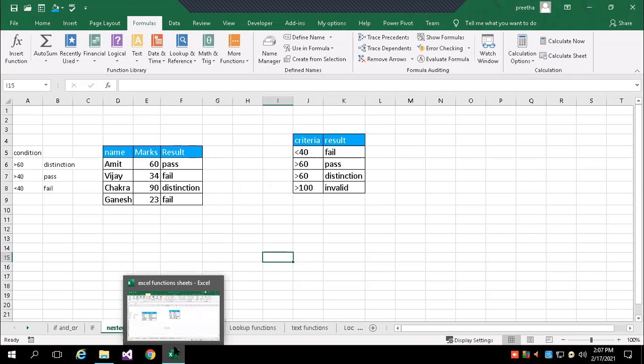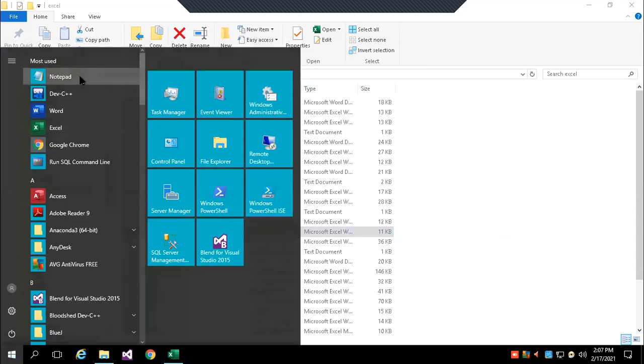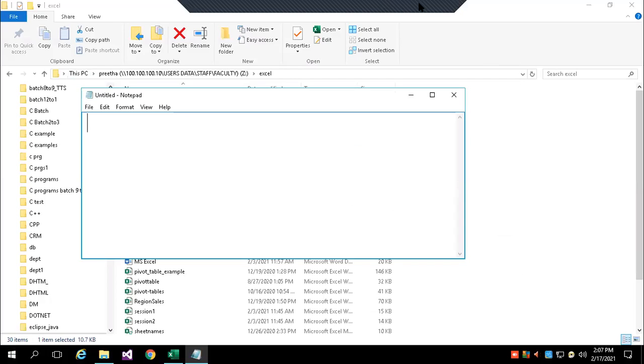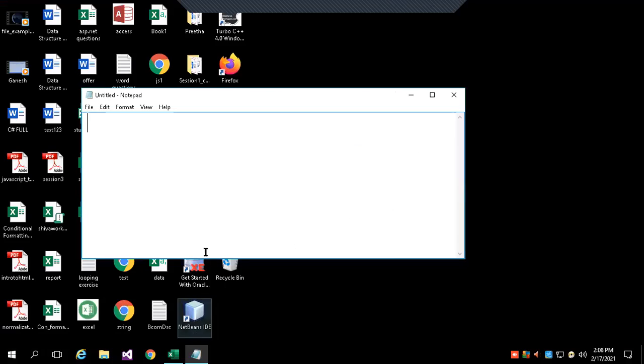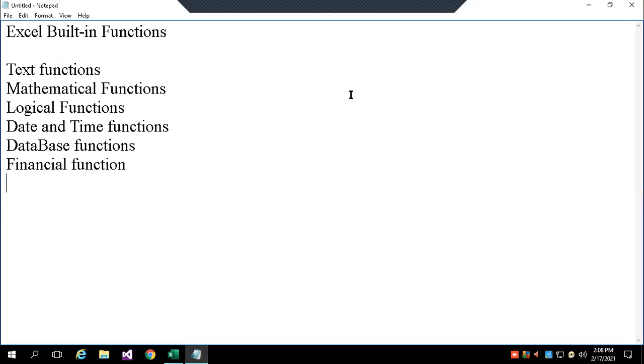The first thing: any function or formula must begin with the equal symbol.